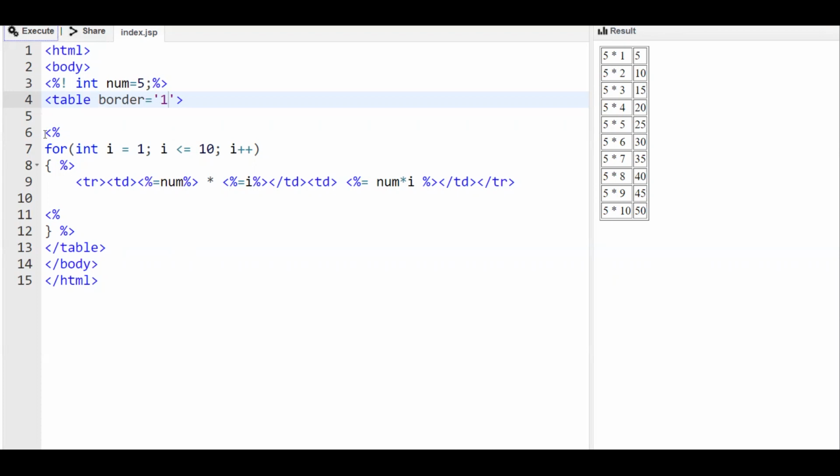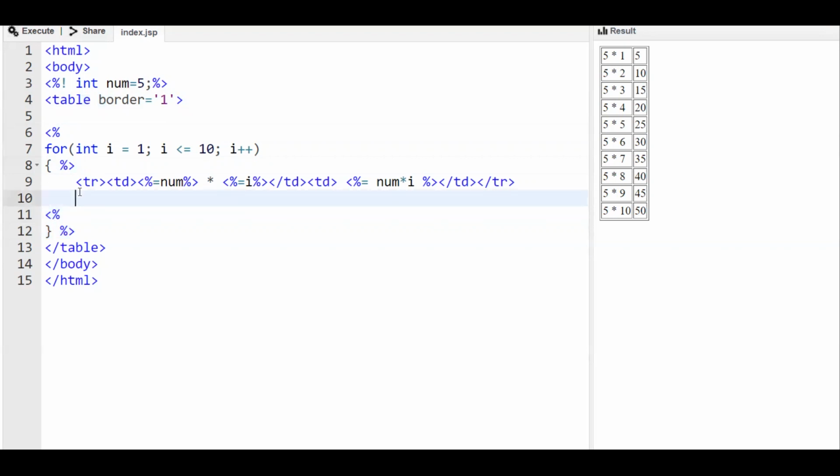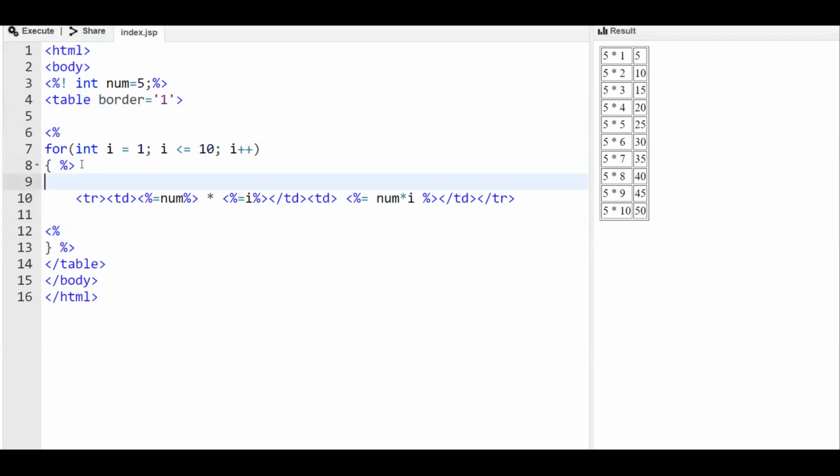So here in the for statement, we have to open and close the scriptlet tag like this for the for statement, then add one more scriptlet tag at the ending flower braces. In between, if we have any computation, in this particular example we just put the values directly.